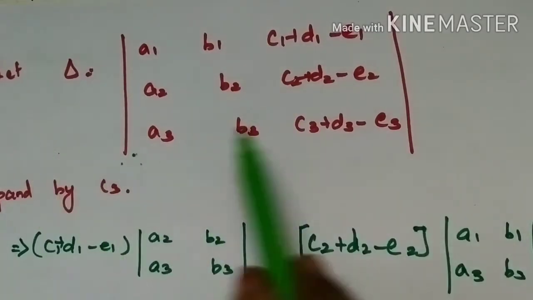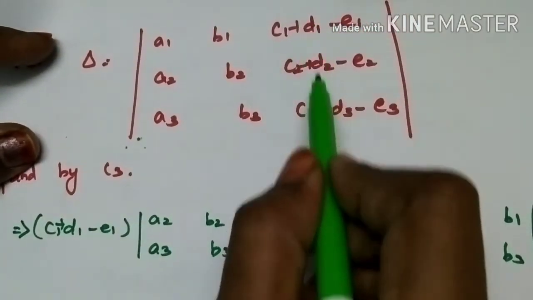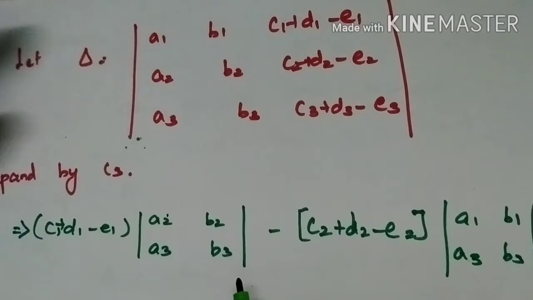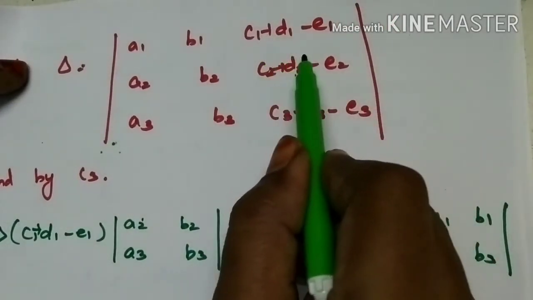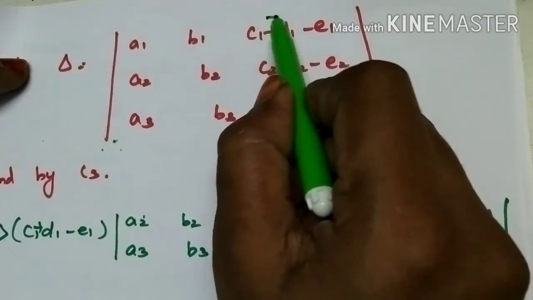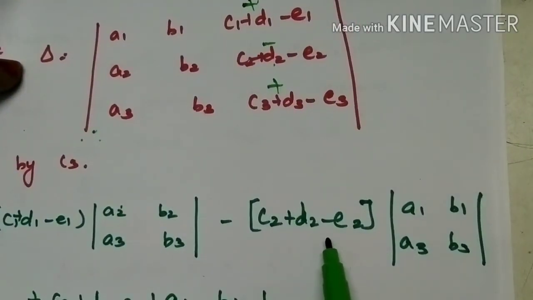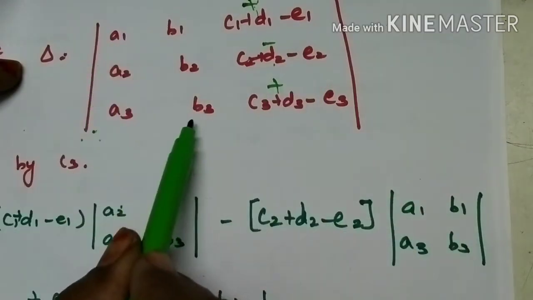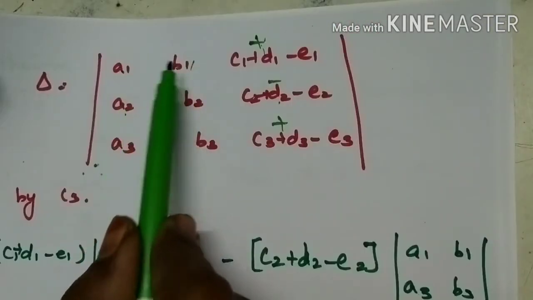Now we have to expand by using a Laplace expansion. First, we take the first element, eliminate that row and column, and we get the cofactor A2, B3 minus A3, B2. Now the second element of the third column is C2 plus D2 minus E2. We have to change the sign, right? As I already discussed, the first will be positive, the next negative and then positive. Taking C2 plus D2 minus E2, eliminating that row and that column, we get A1, B3 minus A3, B1. Okay, the last element, with cofactor A1, B2 minus A2, B1.